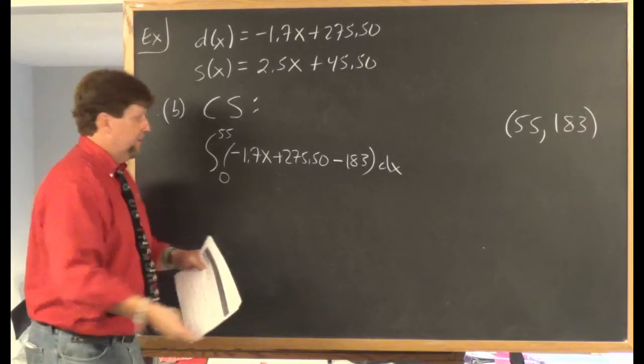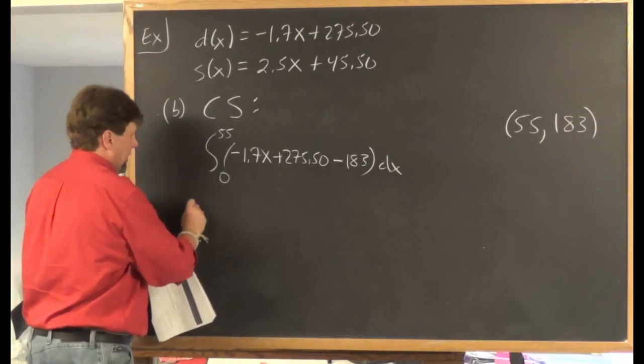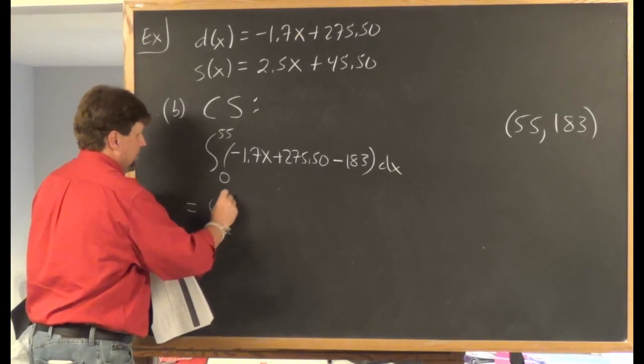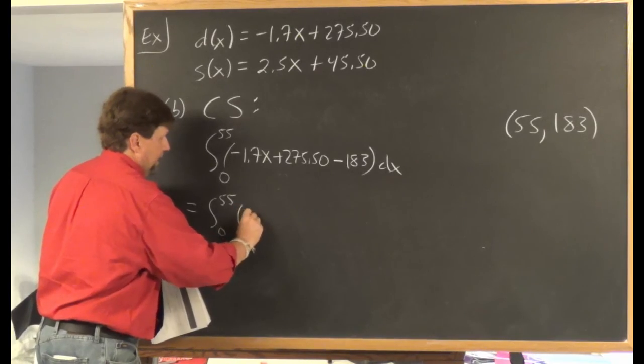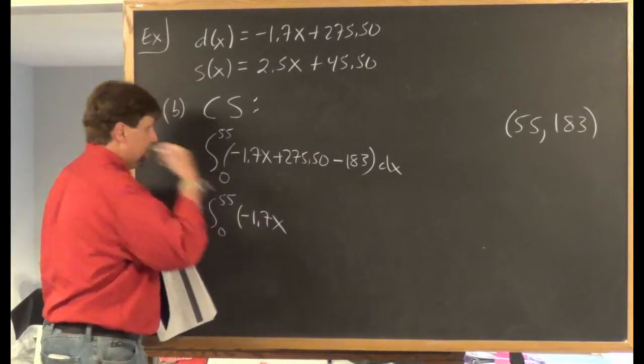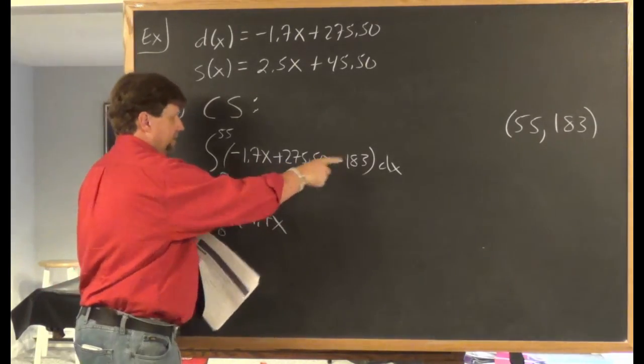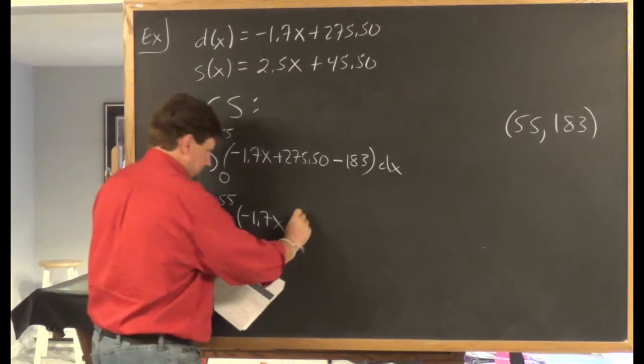And like I always do, I clean up my integrand before I start the calculus. And I get negative 1.7x, see, 275.50 minus 183, that's